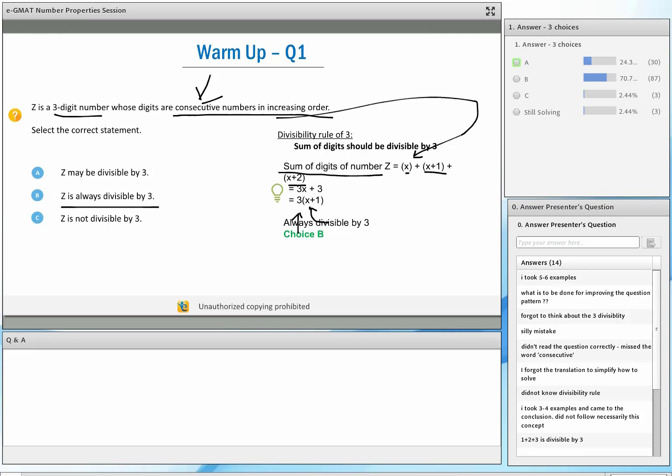Okay. Now, there are some of you who took examples, practical examples. Now, yes, that might work, but frankly, for you to take practical examples, you need to be at that level wherein you know what kind of examples to take, right? What if you take examples in which inadvertently you always end up getting the number divisible by 3? In this case, yes, any example that you take, because of the nature of this, you will always get it that it's divisible by 3.